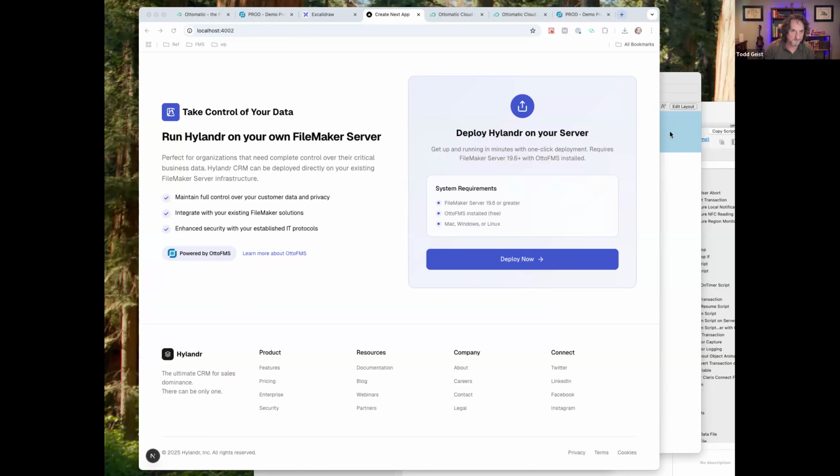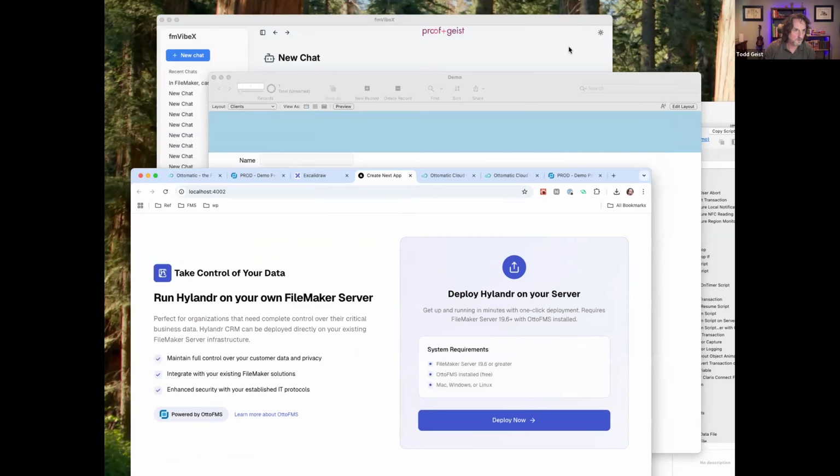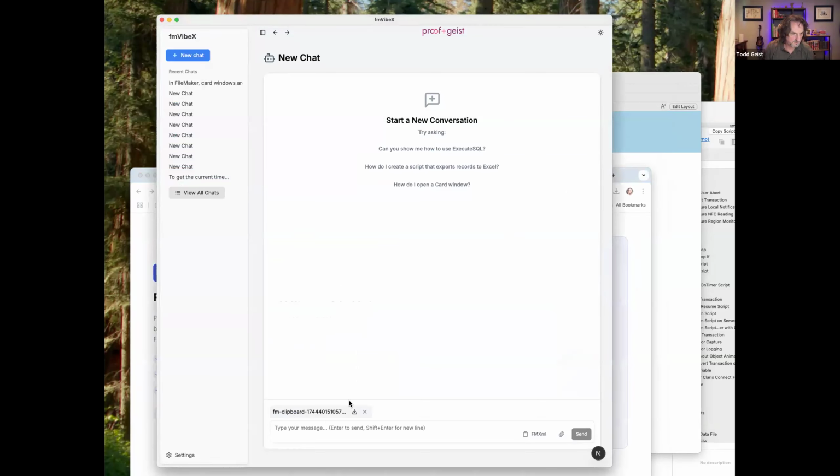So I've got some JSON that I want to, basically I've given it a table, and now I'm going to give it some JSON. Here is some JSON. Use this to write a script that parses the JSON and sets it into fields.